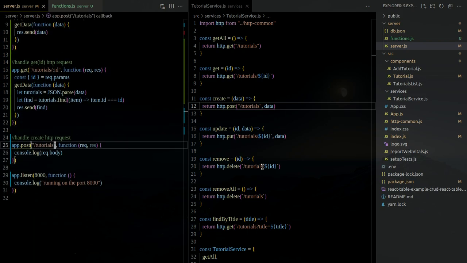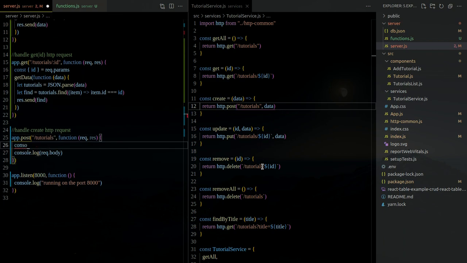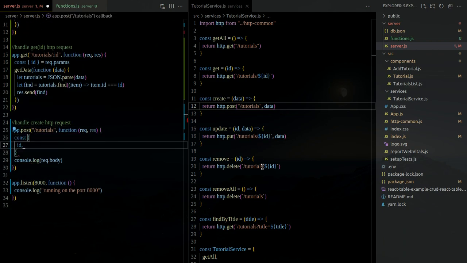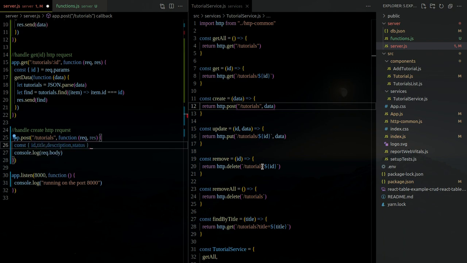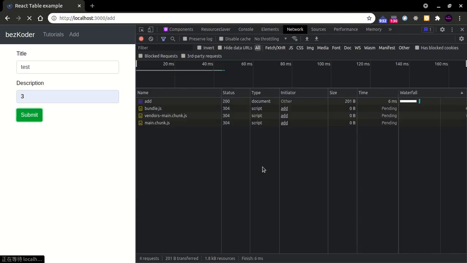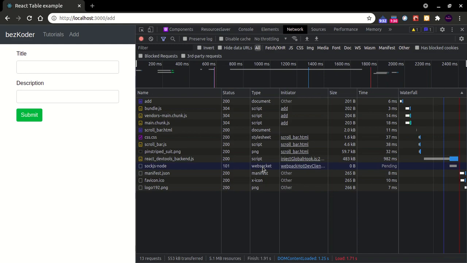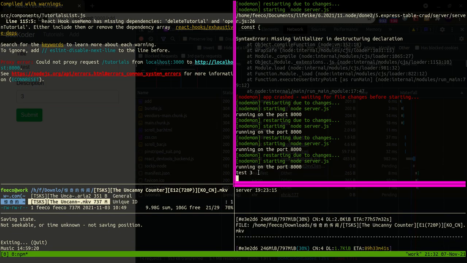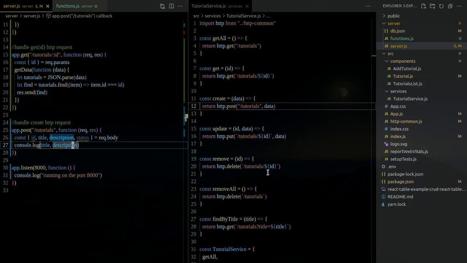So now let's just try to get this first. So const ID, title, description, status from request.body. Title, description. Test 3, as you can see here, right? So in the server, we have already got this data. So now we have already got the data passed from the user input, right? So how do we